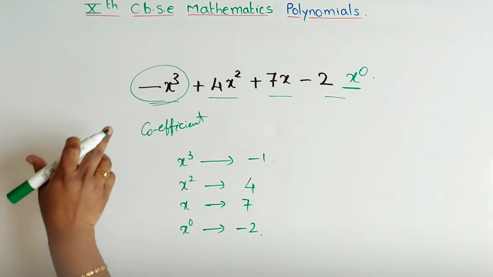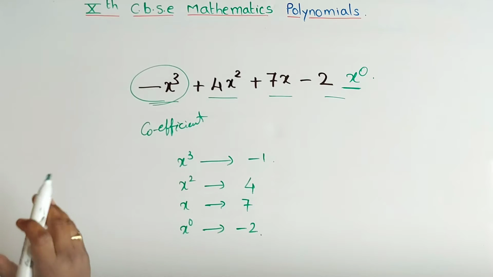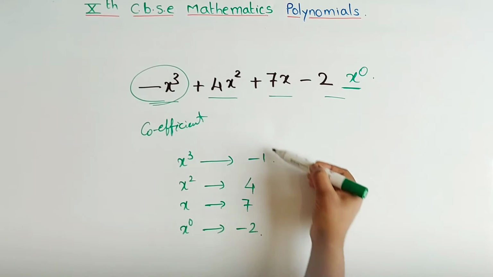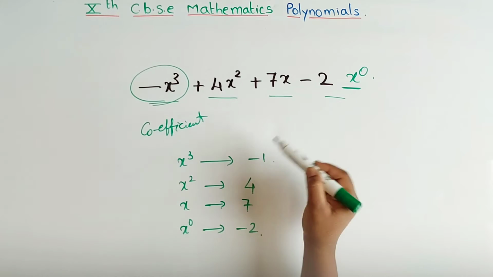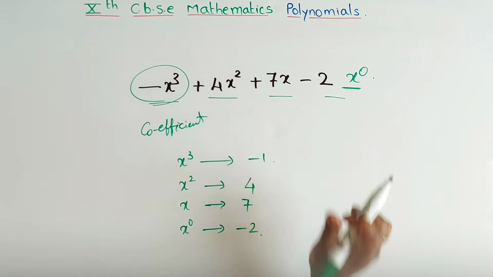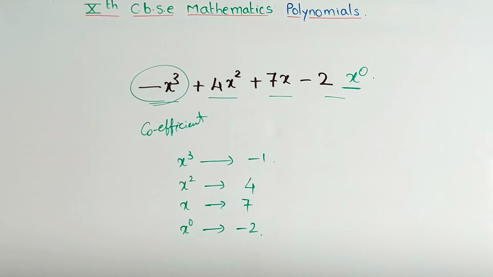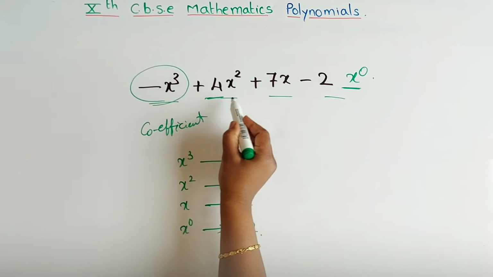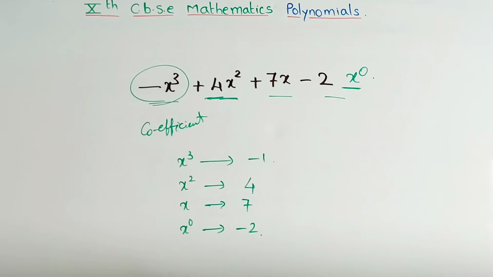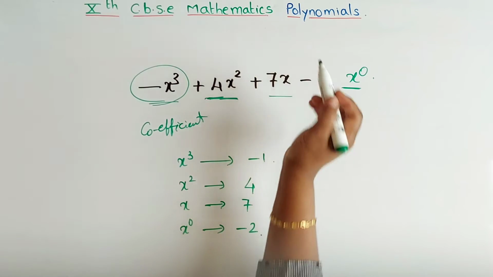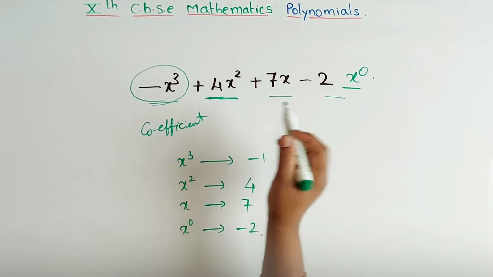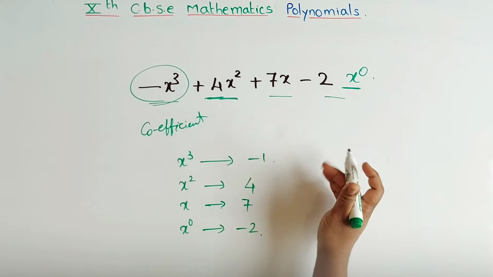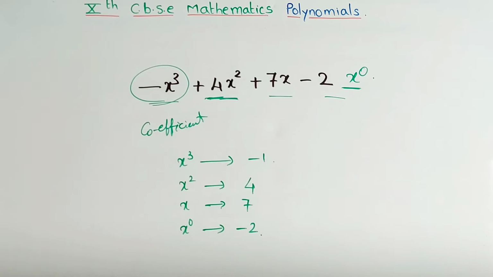Correct? What is the term? It is a combination of variable and constant. So constants are coefficients here, with the sign. Okay children? So polynomial is a combination of variables and constants, children. Right? Poly means many. See here many terms are there. Polynomials are algebraic expressions that consist of variables and constants, children.